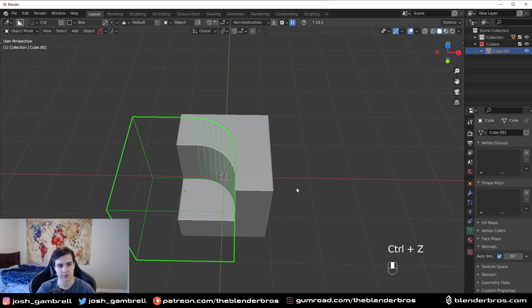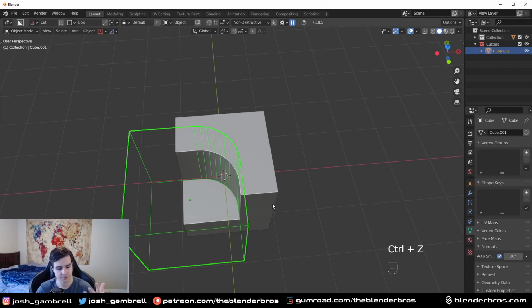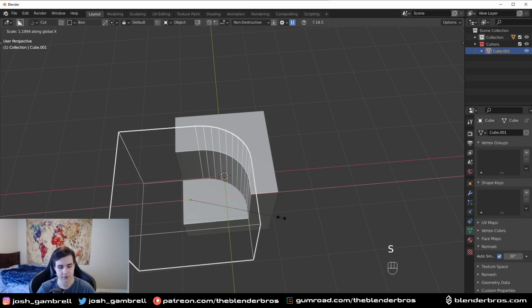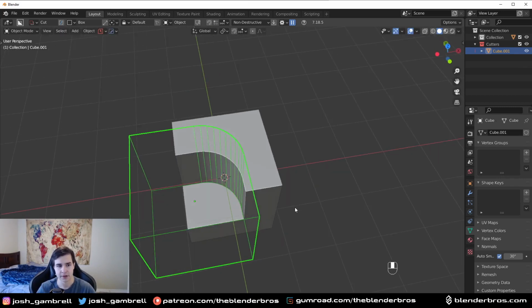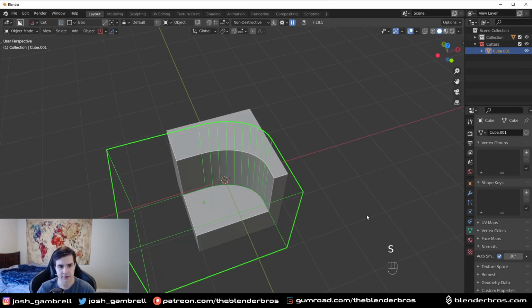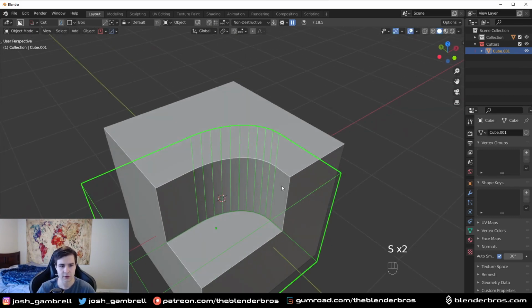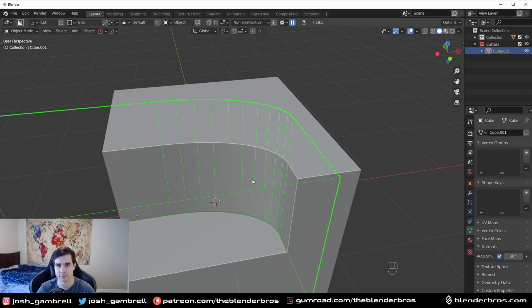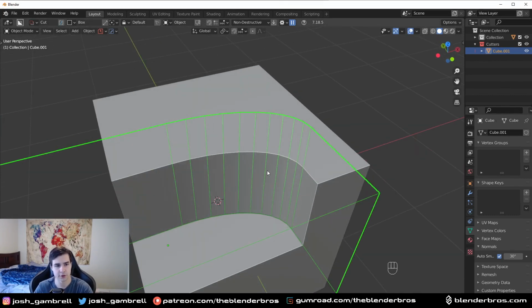But sometimes what you want to do is scale your cutter. Maybe you want to scale it a bit on the X, maybe a bit on the Y or whatever. So let's say I want to scale this a bit on the X, kind of like this. Now you're going to see when I do that, the bevel gets more and more skewed as we go in. Now this wouldn't normally be an issue, but we don't want a skewed bevel, we want to have it